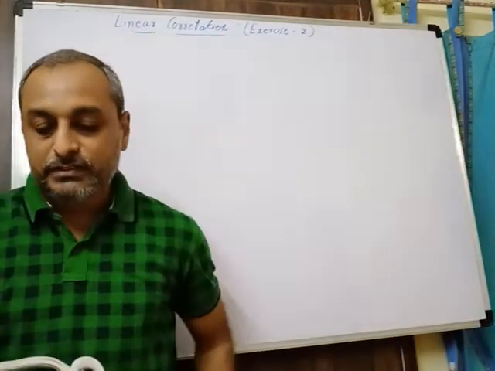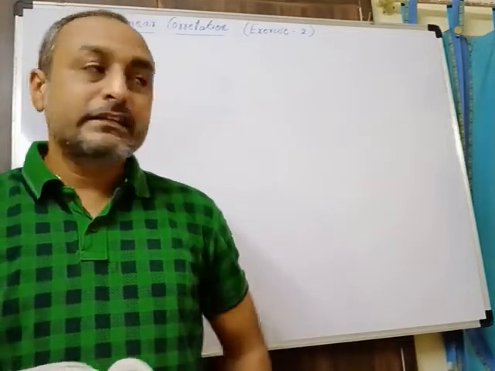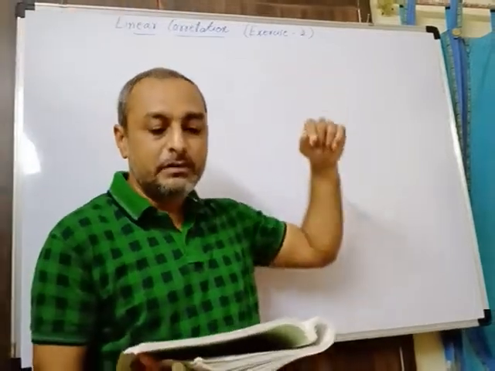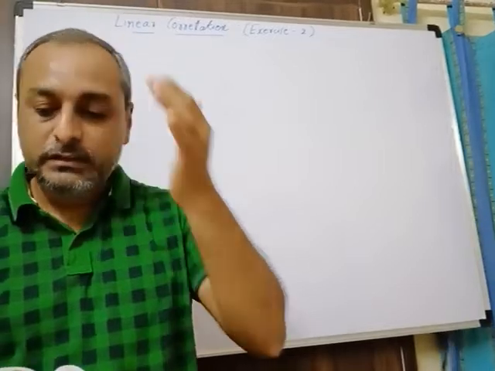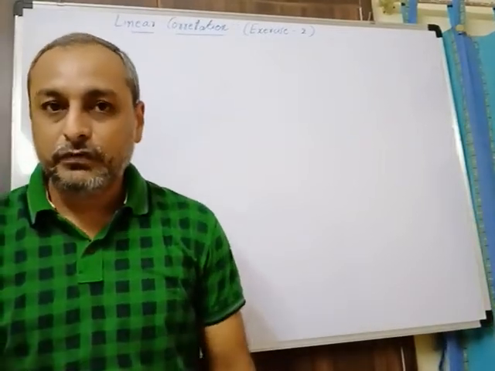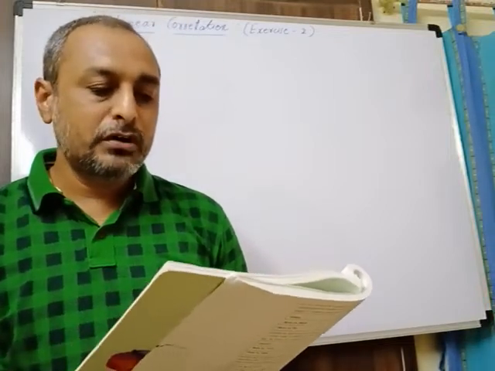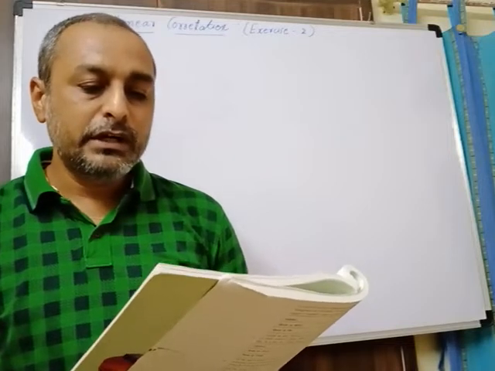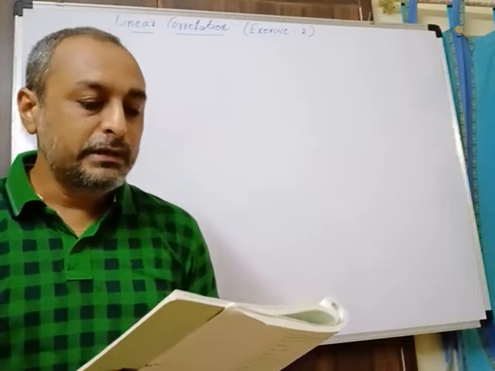Now I am reading the question. Second question, it is in your textbook page number 113. On that page, section F of the last exercise 2, it is available. Question number 2, find the Karl Pearson's correlation coefficient. It is already given. We have to find Karl Pearson's correlation coefficient from the following information of the average weekly hours spent on video games and grade points obtained in an examination by 6 children of a big city.